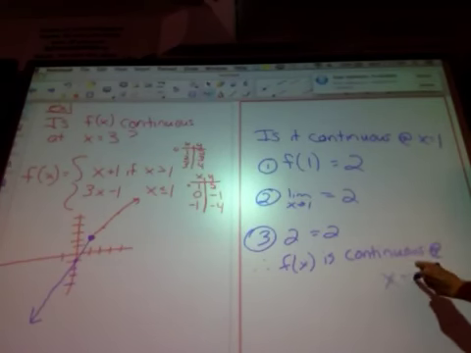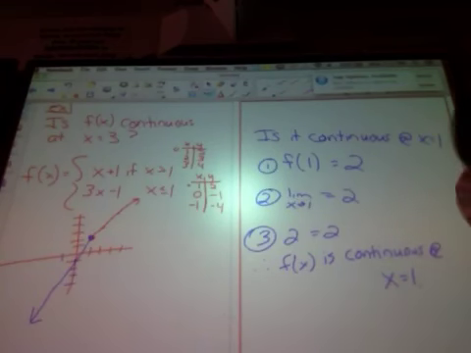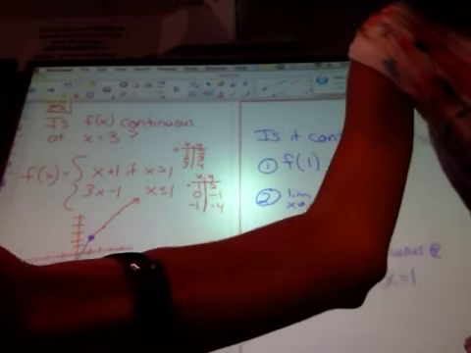Okay, so we gotta stop for now because we're gonna run out of